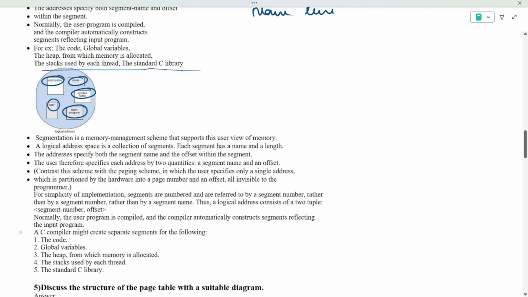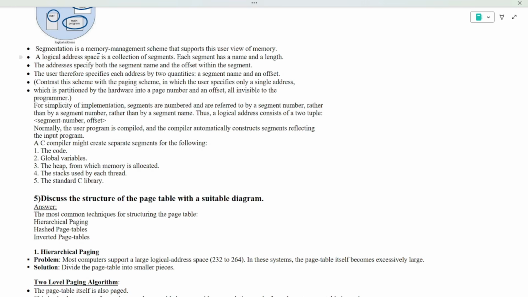Now next, segmentation is a memory management scheme that supports this user view of memory. The user therefore specifies each address by a segment name and an offset. You will have the segment number and the offset, as you know. The compiler might create separate segments for the code, global variables, heap, stack, and the standard C library, which you already saw. Now the next question they have given is about